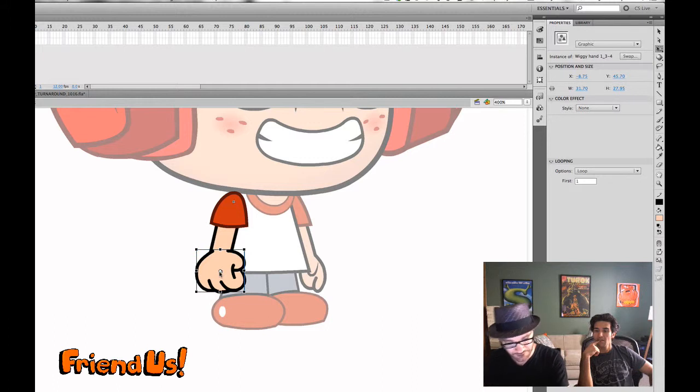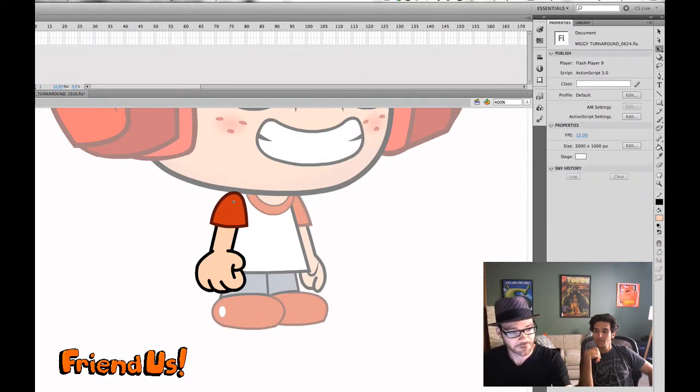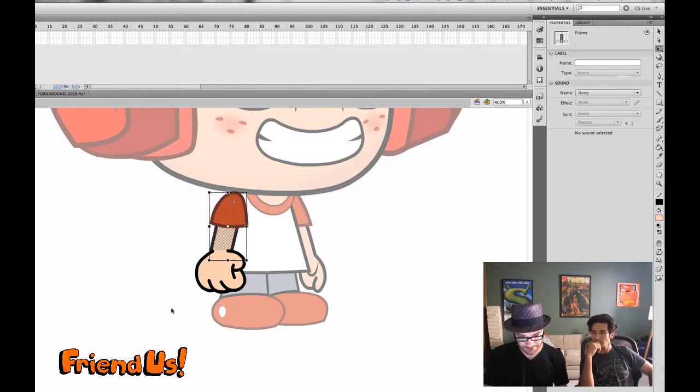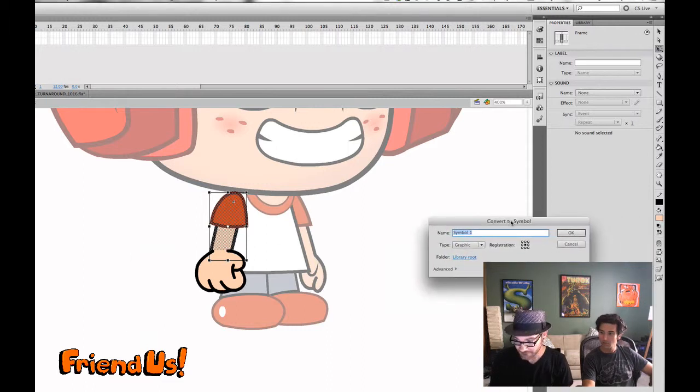We're gonna hit Q, and then we're gonna move the pivot point up to where the wrist is, and then we're gonna come over here, single frame, and same thing over here. F8, turn that into a symbol, and yes. Oh, too far. Okay. Call that Wiggy